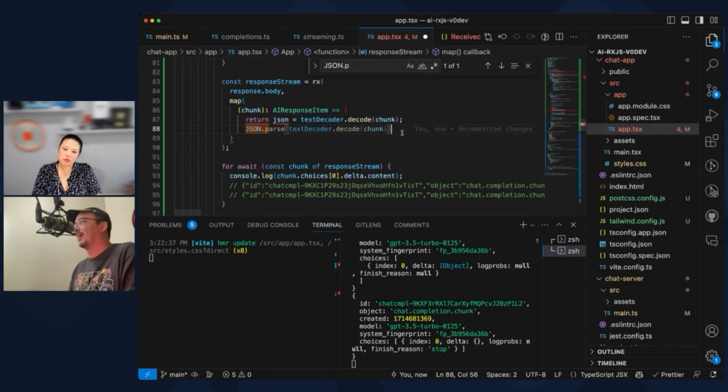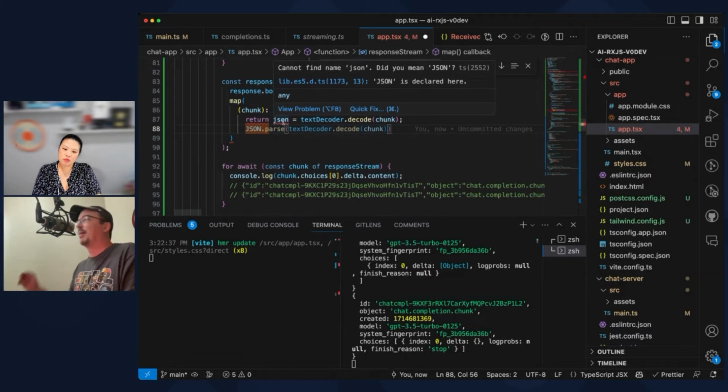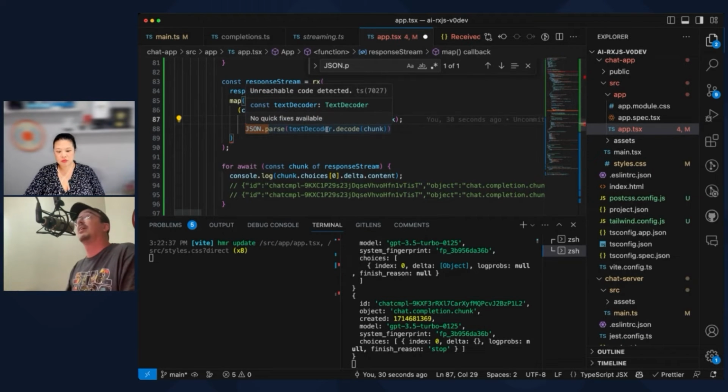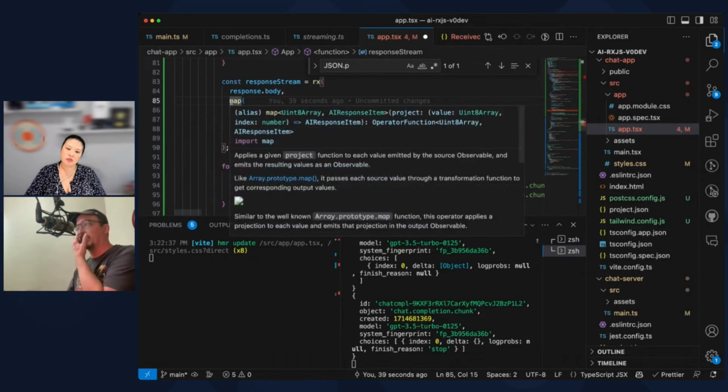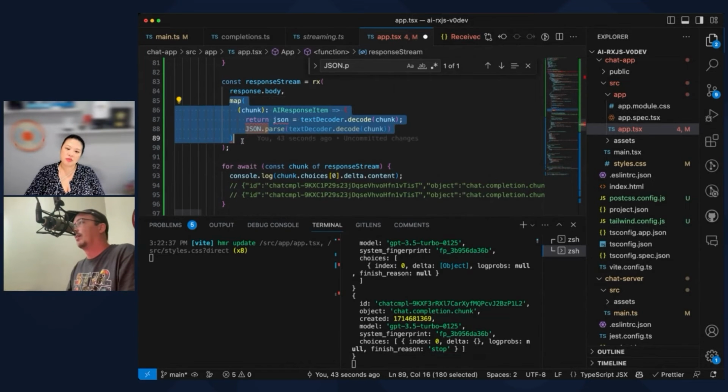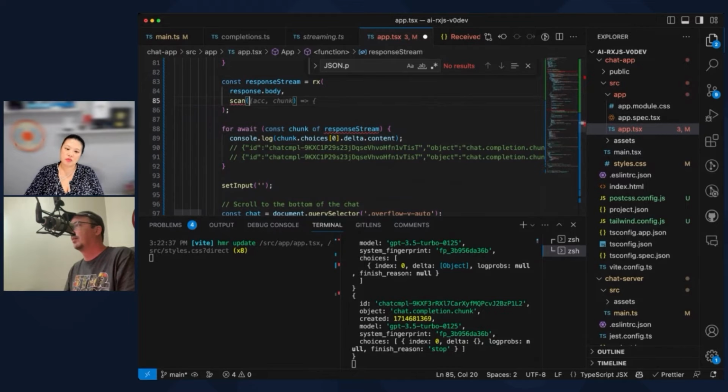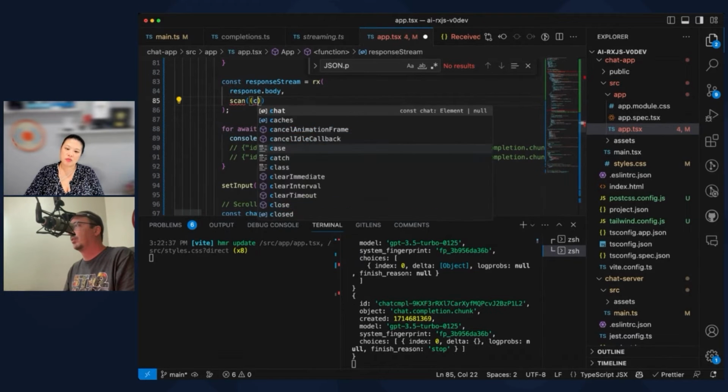I've literally done exactly the same task before. I'll still use RxJS for this, even though it's not super efficient to do so, but I'm going to go through here and say scan chunk.